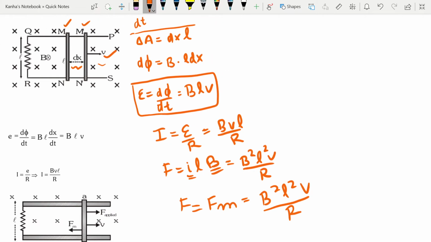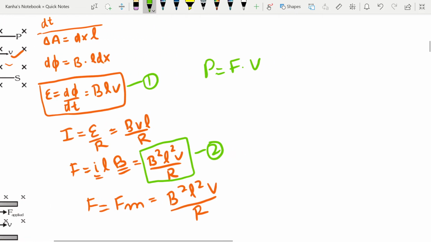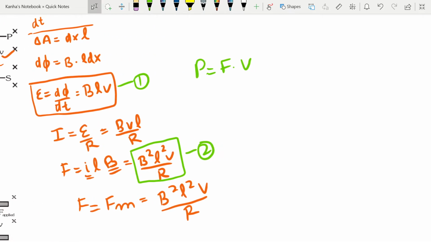Okay, now first of all, you should make note of some of these quantities. First of all, note the force on the conductor. You should also note the EMF. Okay, the next thing that I want to write about is the power applied. So what is power? Power is the rate at which work is done by the applied force. So P is equal to F dot v, and we already know the force. So it comes out to be B square L square v square by R.